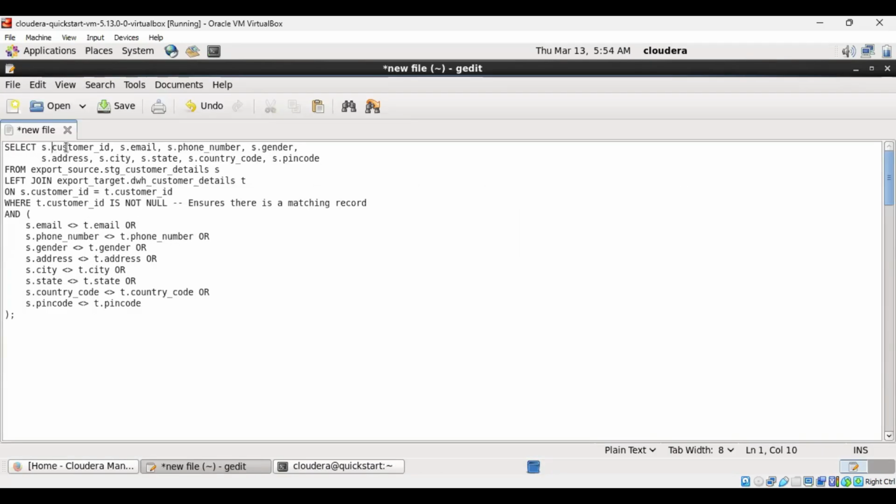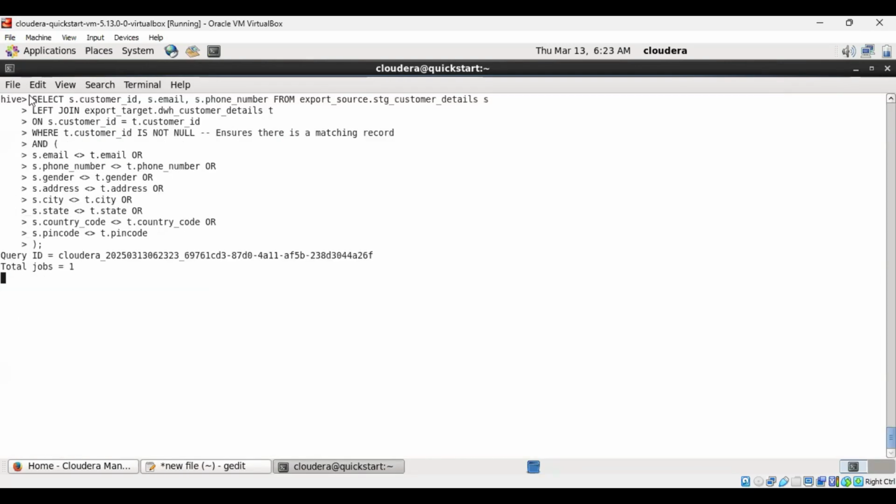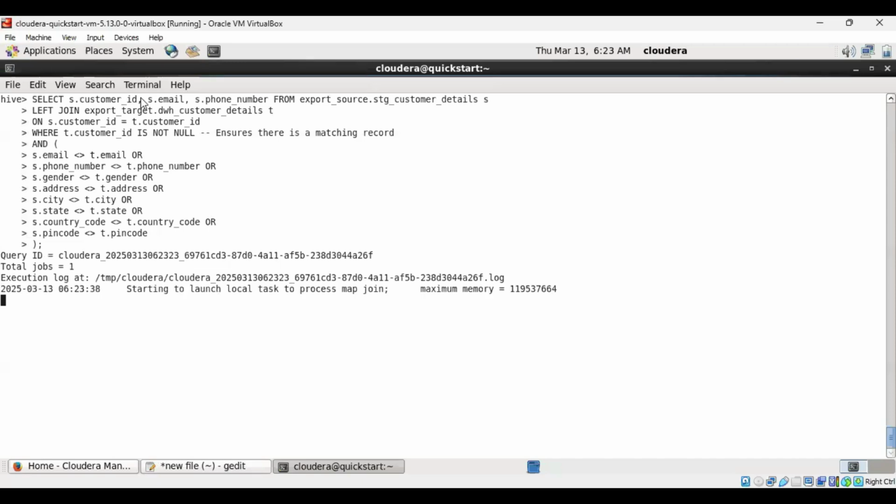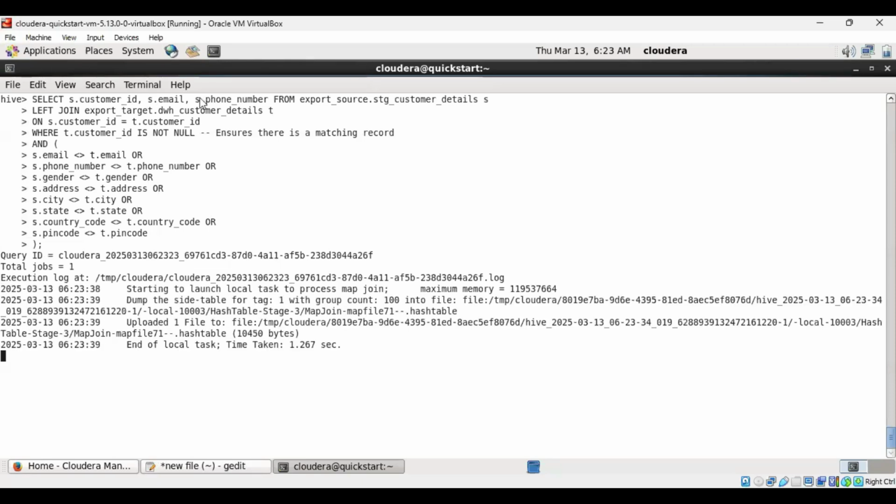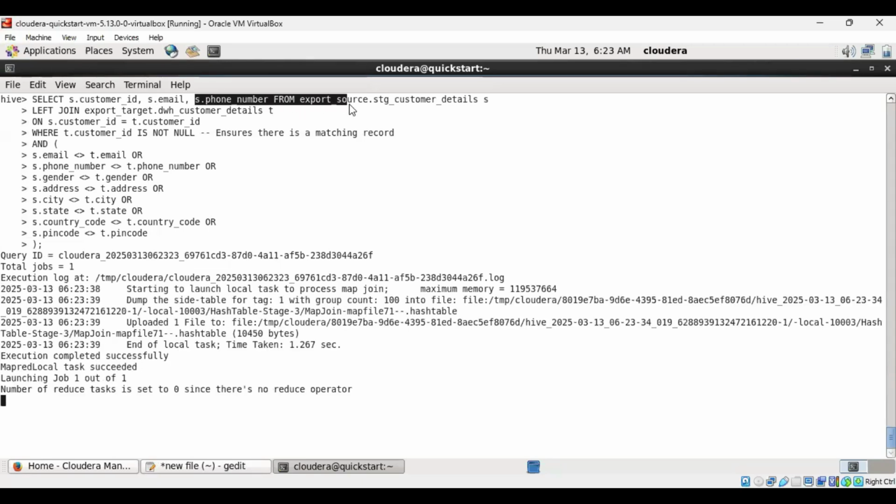According to the mapping document, the columns customer ID, email, phone number, gender, address, city, state, country code, and pin code have been moved as a direct load from source to target. So in this query, I'm selecting the customer ID, email ID, and phone number from the source